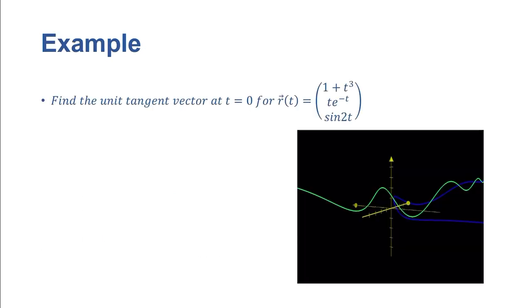Here's the first example. We will find the unit tangent vector at t equals 0 for r of t equals 1 plus t cubed, t e to the negative t, and sine of 2t. All right, so